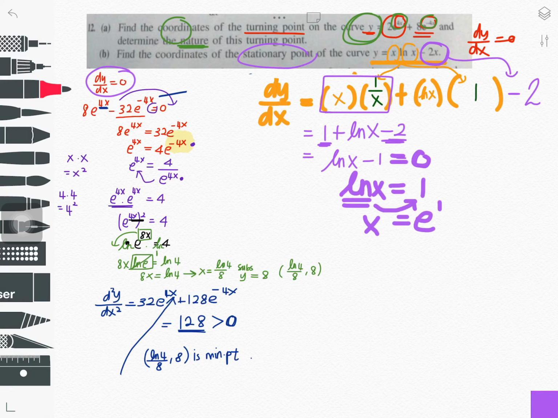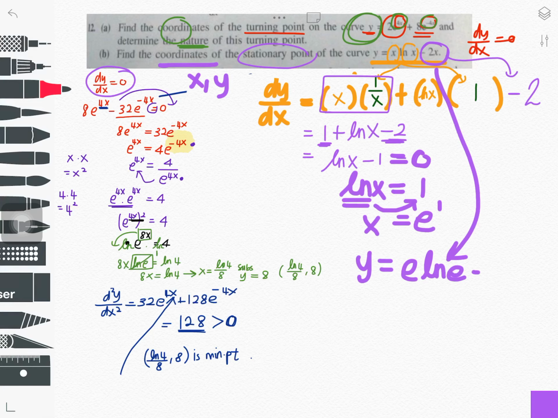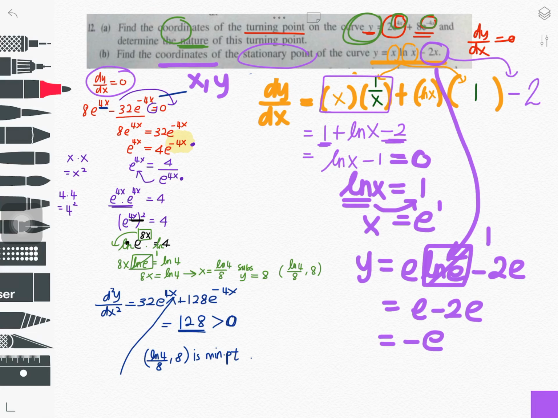This is actually a coordinate. If you press, you will get 2 point something. I only want the coordinate. It means I need the x and y. Let's find the y. To get the y, what do I do? I use this y and I'm going to substitute. e ln e minus 2e. What is ln e? It's exactly 1. e minus 2e is equal to minus e. So my coordinate is (e, negative